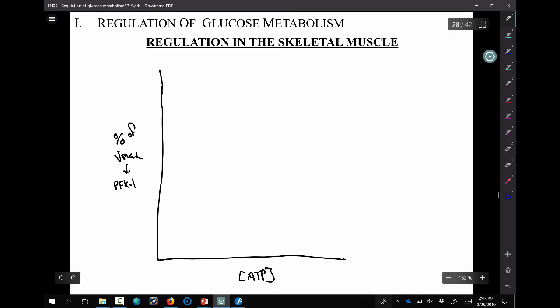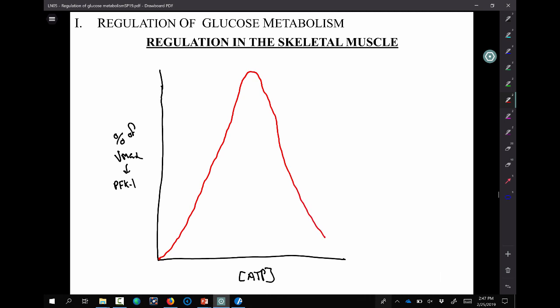What you would see is that at really low ATP concentrations, you'd see an increase in rate up to a certain point, and then it would reach a peak. It wouldn't be quite 100% of the Vmax, but then it would start to taper off in terms of PFK1 activity. So we have this increasing rate, and then this decreasing rate at some ATP concentration. This can all be explained by the relative affinities of the active site versus the regulatory site for ATP.